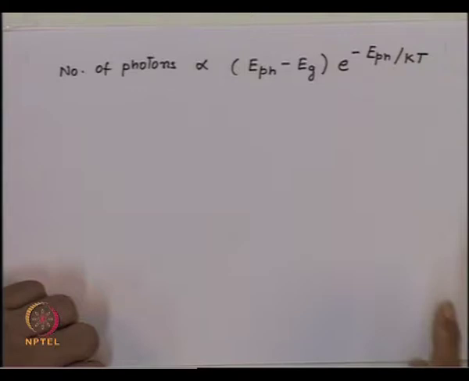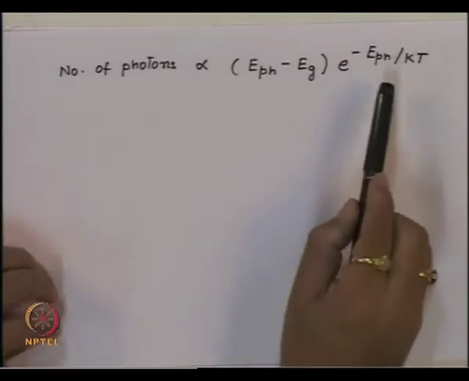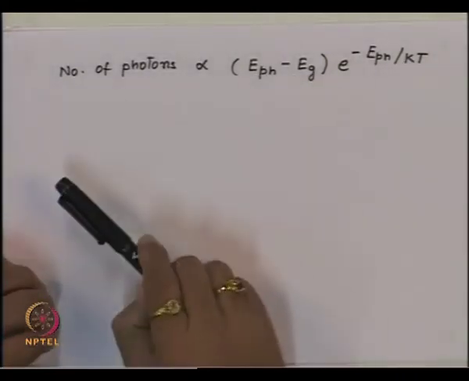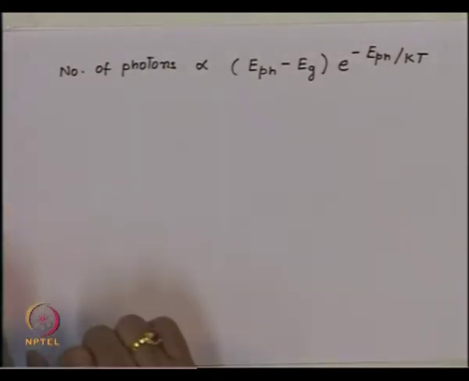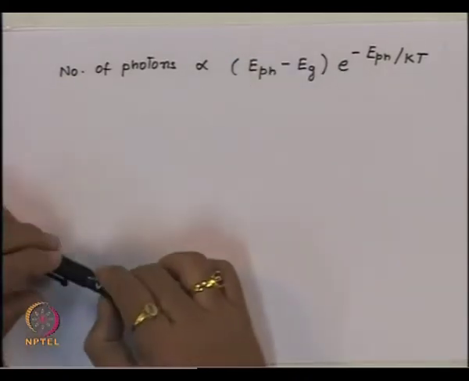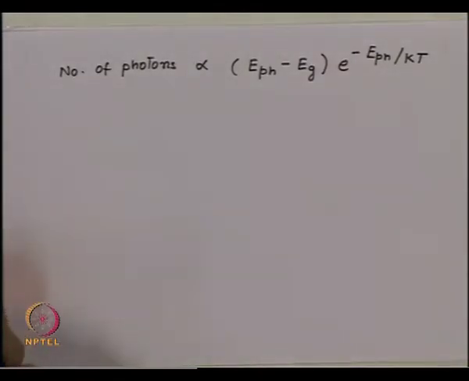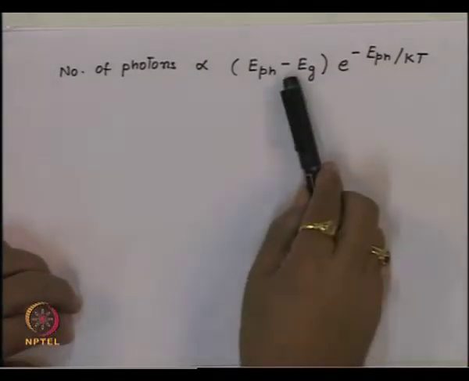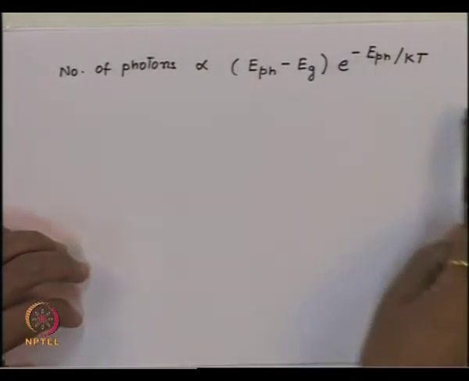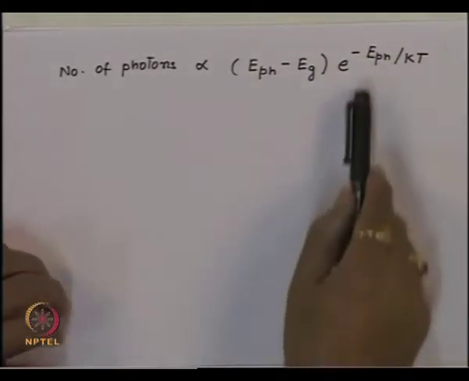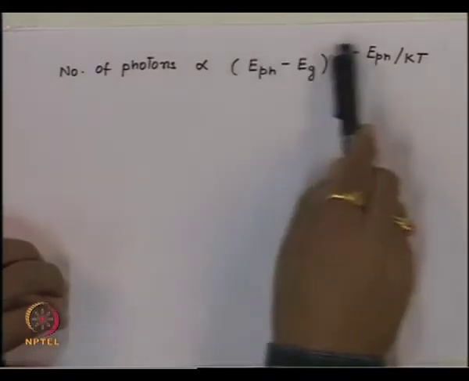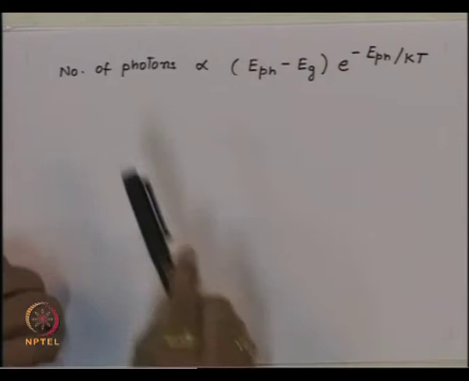Now, if I look at this quantity here, you will see that initially when EPH is equal to EG, then this quantity is 0. So, there are no photons emitted for the energy which is equal to the band gap energy. As EPH increases, this quantity increases, and this quantity is still very small because EPH is a small quantity. Then after some time the exponential function starts dominating, and then again the function starts decreasing. So, you have a sort of a local maximum for this function at which the number of photons will be